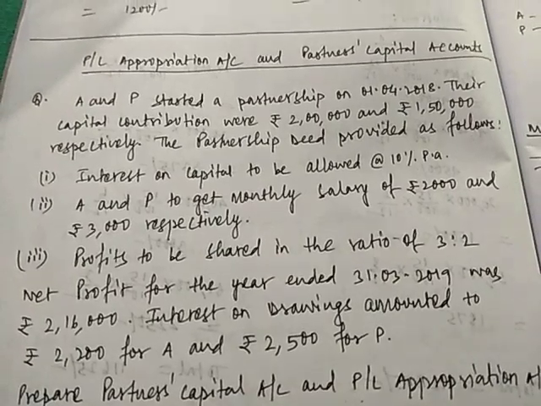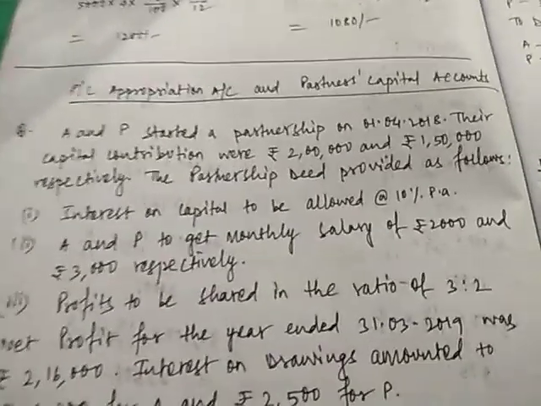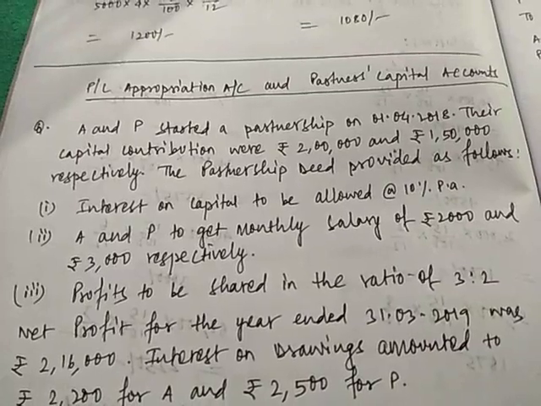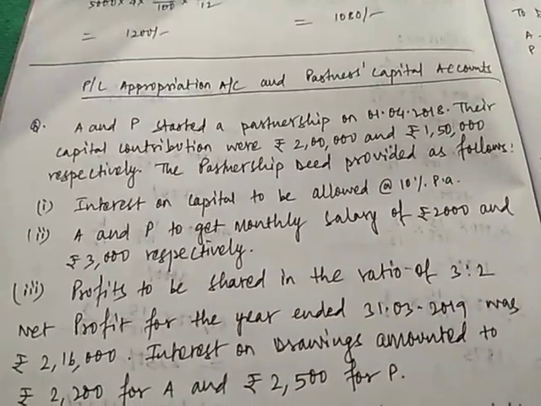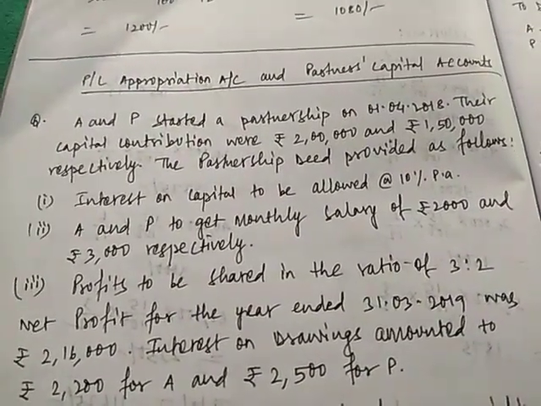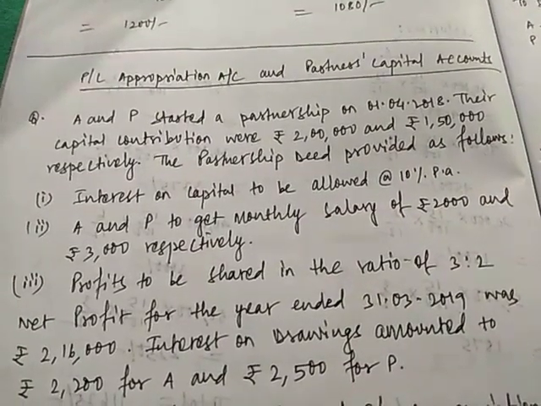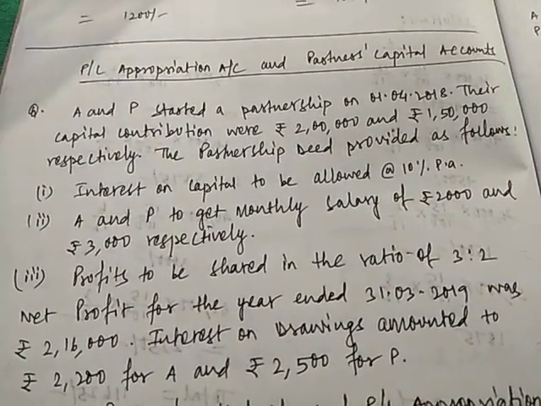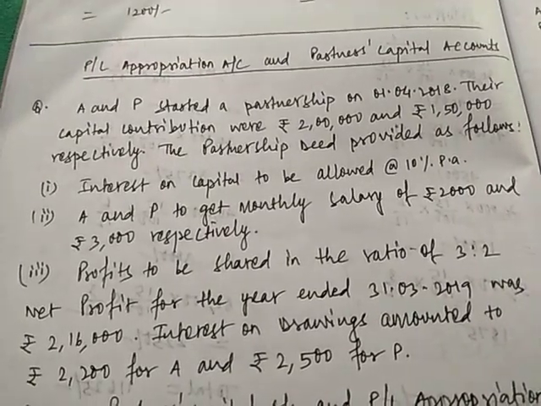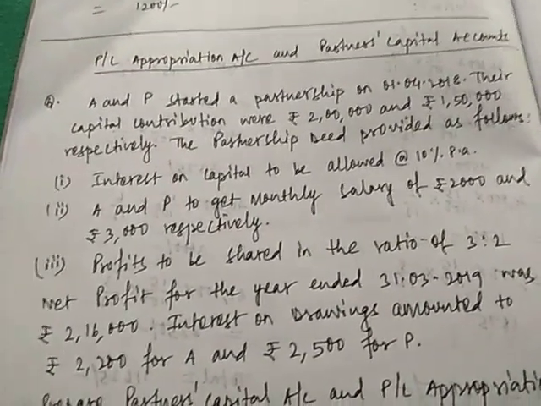Hi students, today we'll do a sum on PL appropriation account and partners capital account. Here the question is, A and P started a partnership on 1st April 2018. Their capital contributions were rupees 2 lakh and rupees 1,50,000 respectively. The partnership did as follows: